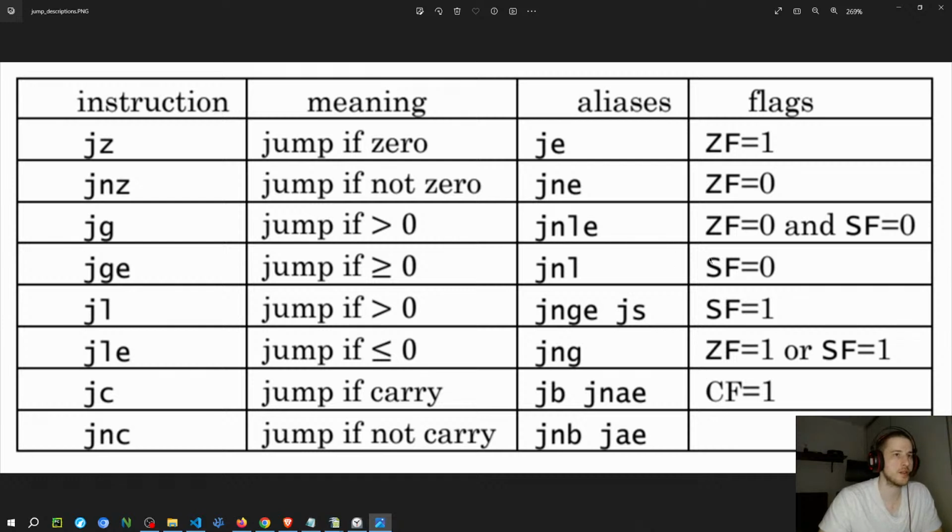So if SF is 0, SF is going to be set when the value is negative. I guess it sets SF when the value is equal as well. Oh no, it's greater or equal, the condition. So yeah, it's only going to fail if the value is negative. So if SF is not set, then the value is greater or equal.